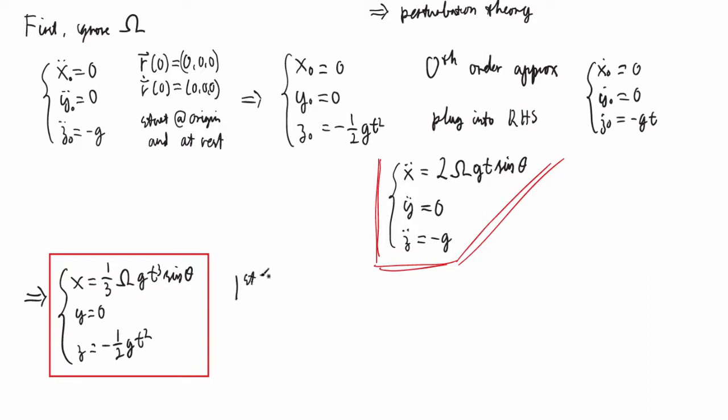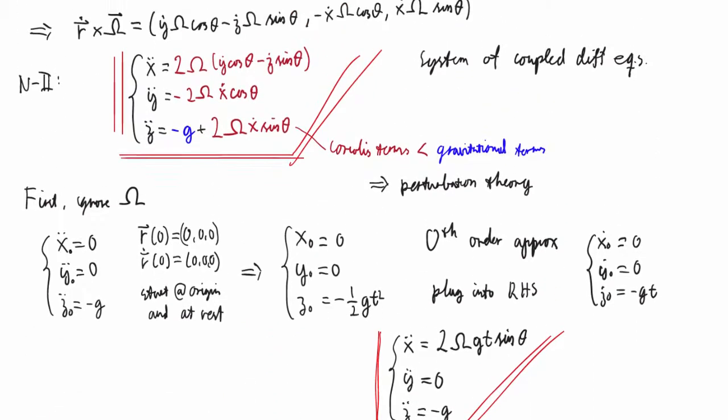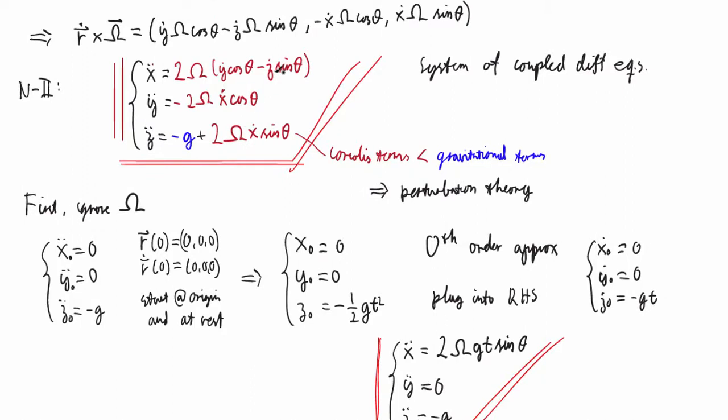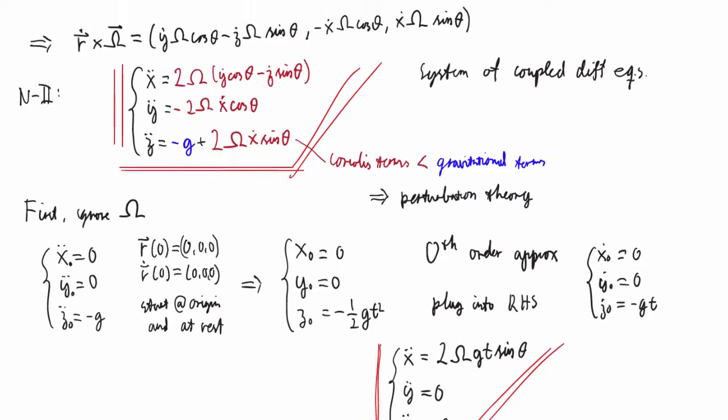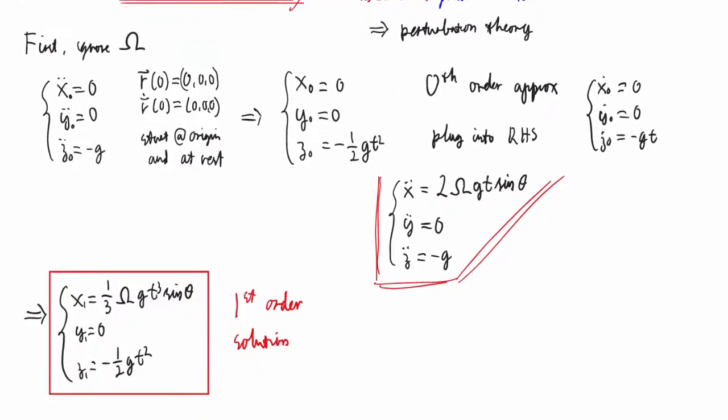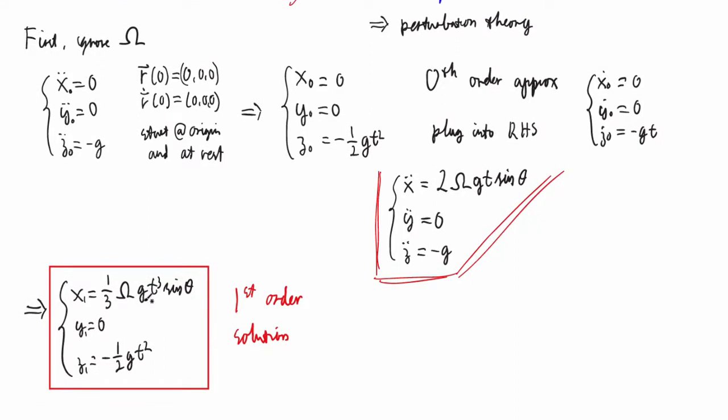This is now known as the first order solution. And if we wanted to, we could take this first order solution and plug it into the right hand side here and solve one more time, and keep going for as many times as you'd like, and each time get a better and better approximation to the correct solution. But we're not going to do this. This is a good approximation